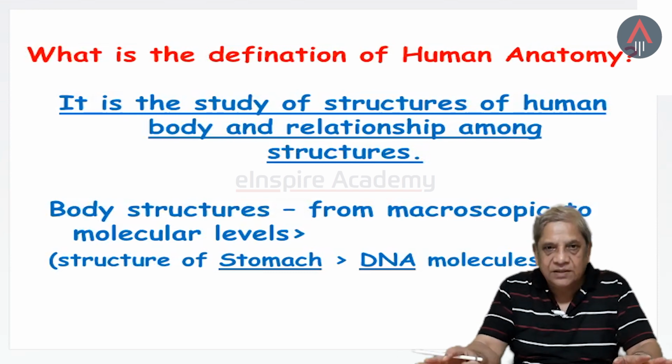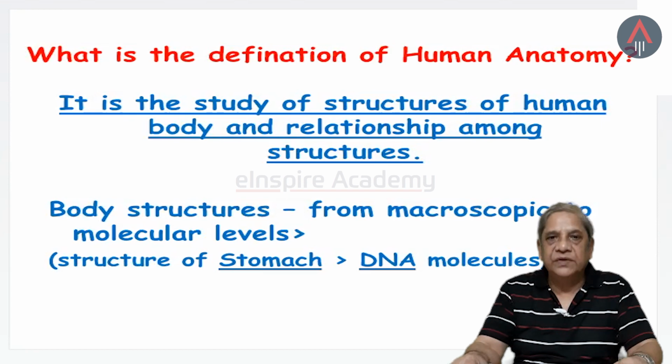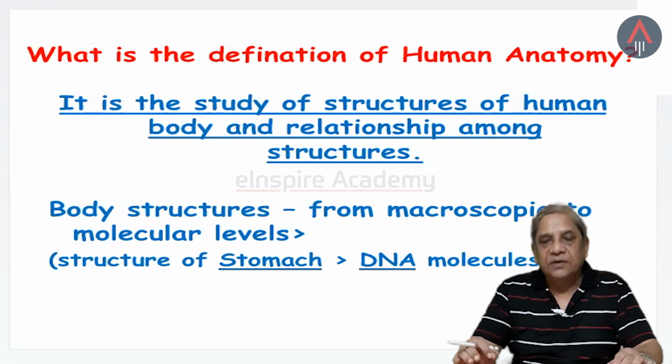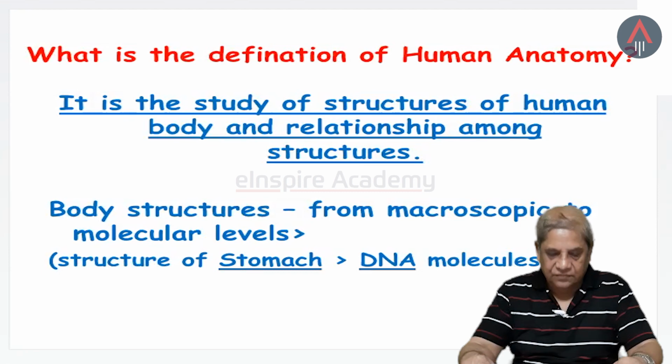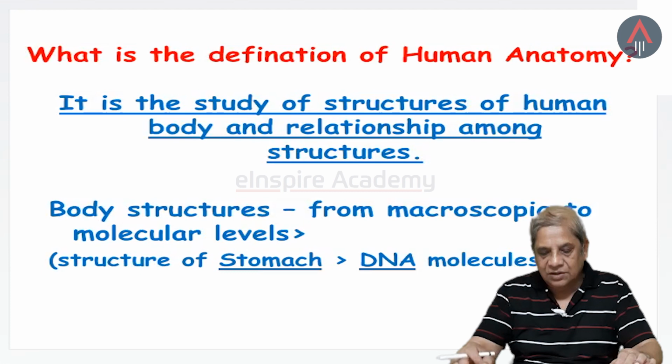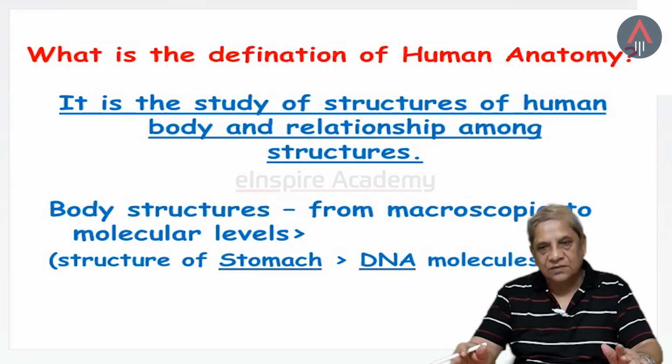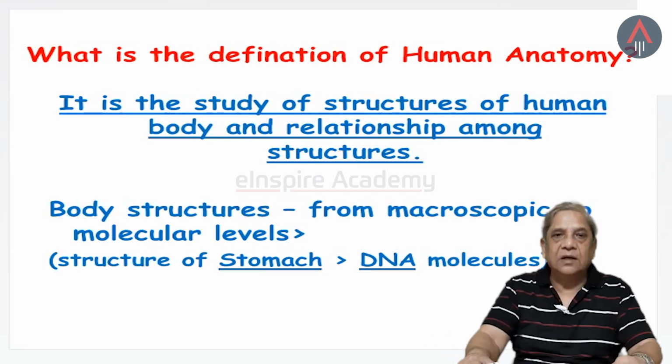This is true for any other organ of the body which you will learn. This will be true for any blood vessels or nerves or muscles which you will learn in the limb. Say for example, in the upper limb or lower limb, you will have to learn which are the structures anterior to the artery, which are the structures lying posterior to the artery or on the side. So this is the interrelationship among the structures, and this is the reason why the anatomy subject becomes complicated, because you have to deal with the interrelationship of all the structures which you will learn.